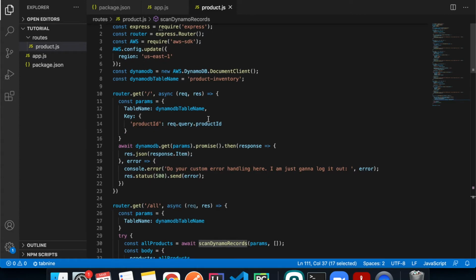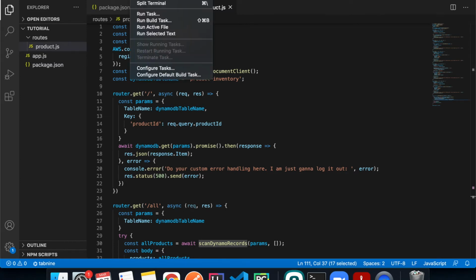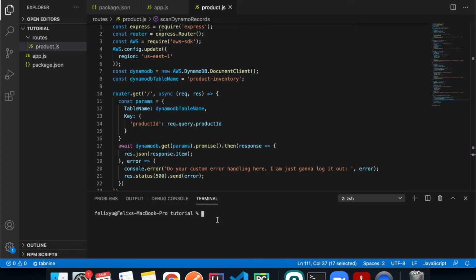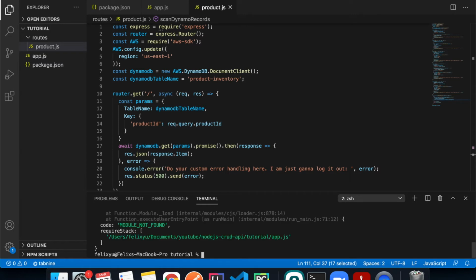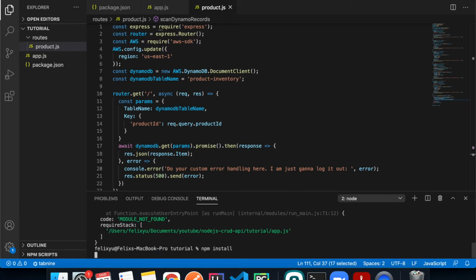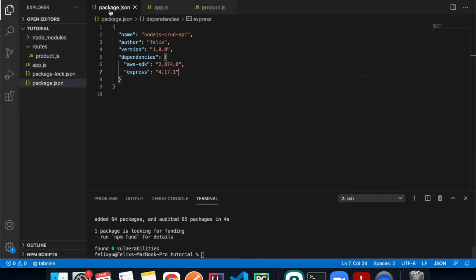And now let's test our app locally before we deploy that to Elastic Beanstalk. So I'm going to go to terminal, new terminal, and then do node app.js, enter. I forgot to install the modules. So what I can do is npm install, and what it does is install everything that we define in the package.json file and then create a new folder with all the libraries. So now if we do it again,